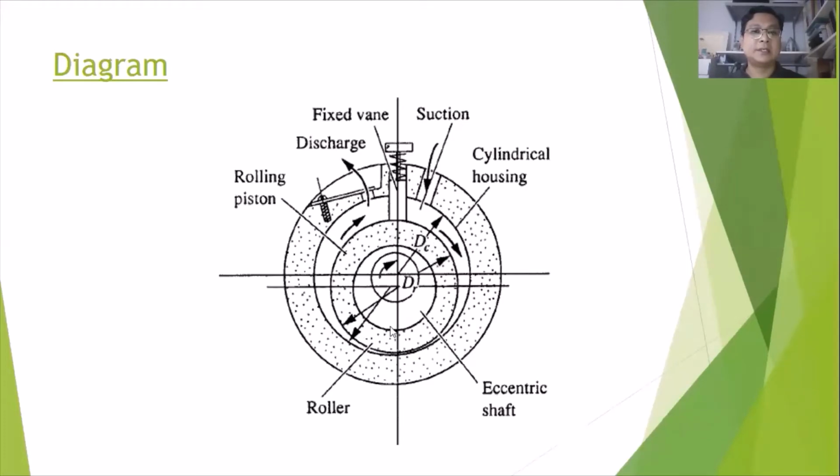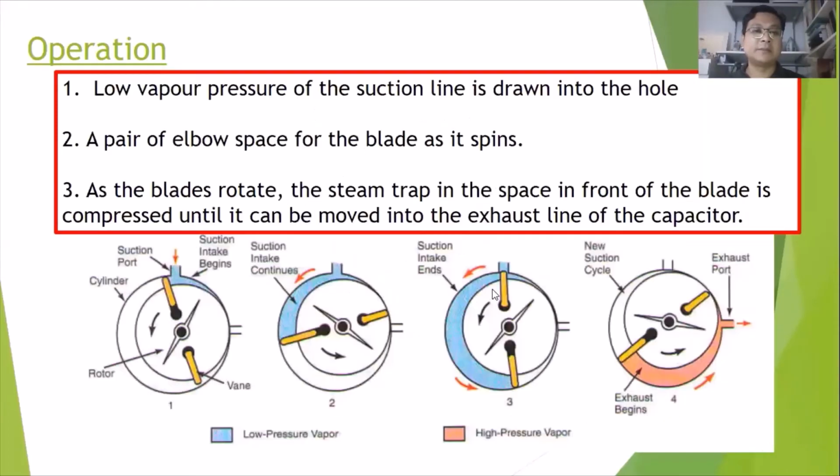By moving this one, the compression will be produced here to supply to the outside. You can see the arrow going inside is the inlet, and the one going outside is the outlet. So I think this one is a very small capacity compressor. Small, but very good because maybe